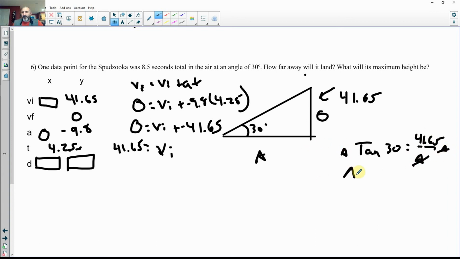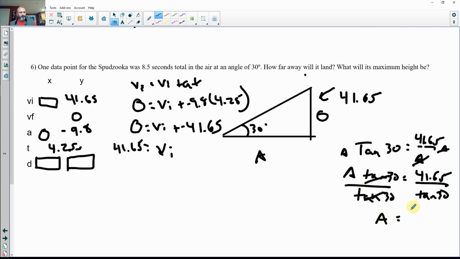Okay, so a tan 30 equals 41.65. Then I'll divide both sides by whatever tan 30 is, because that's just a number. So a equals 41.65 divided by parentheses tan 30, close the parentheses. That gives 73.13, so my adjacent is